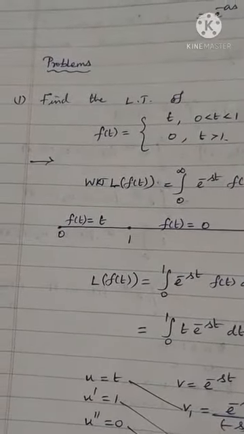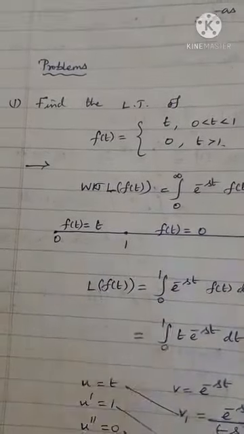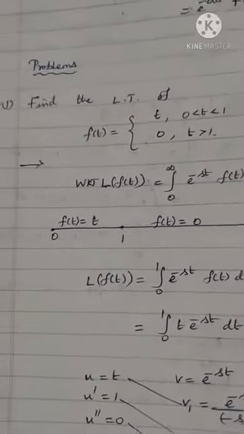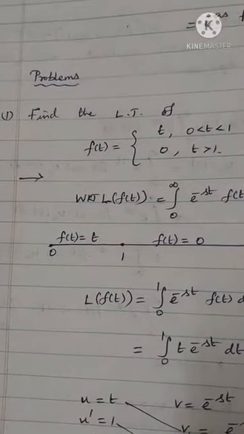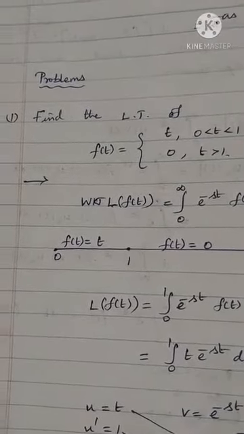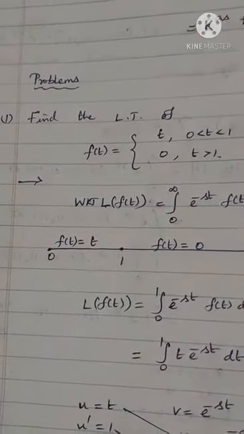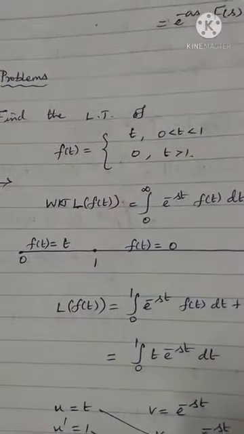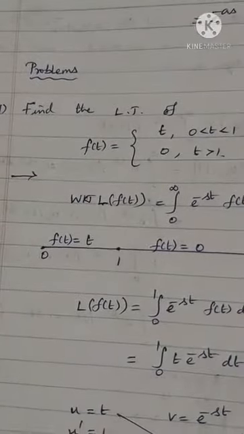And next comes the Laplace transform of the problems of product of functions, right? Problems like L of e power at into f of t or L of e power minus at into f of t. When it is in between plus or minus, you can take Laplace transform and use linearity property. In case of multiplication, L of f of t into g of t cannot be written as L of f of t into L of g of t.